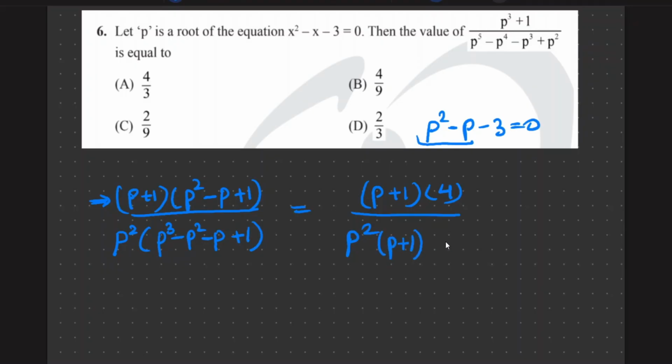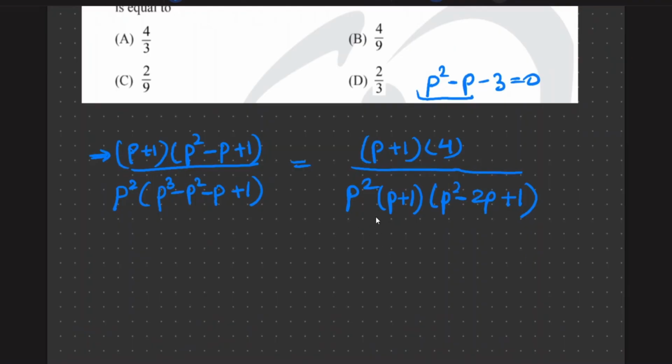You know that the general method of solving cubic is hit and trial only, right? So here we'll get p square, p cube plus p square, we need minus p square, so minus 2p. Now we have minus 2p, we need minus p, so plus 1. I can factorize orally like this by looking at the coefficients in the original expression and over here. If you don't know how to do that, you can prefer long division or whatever you want. Okay, fine. So this will become 4p plus 1 by